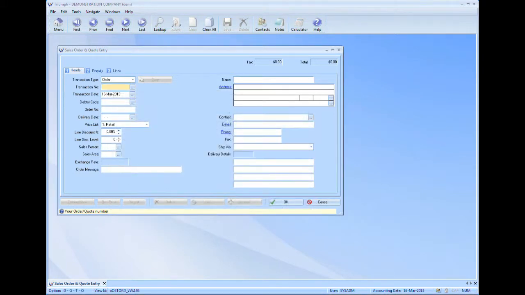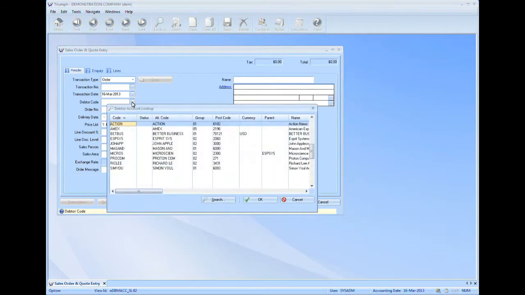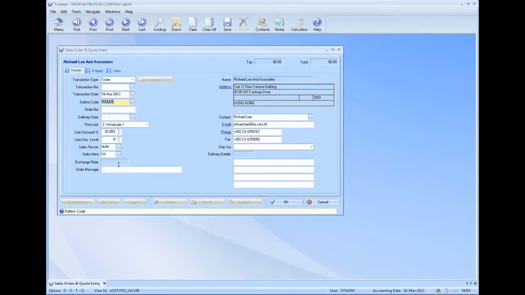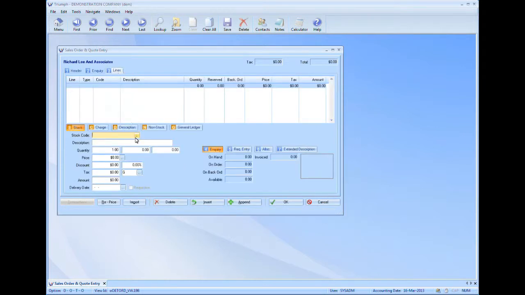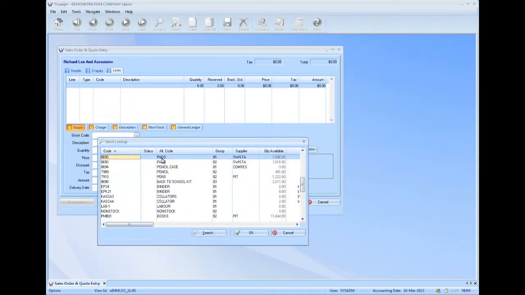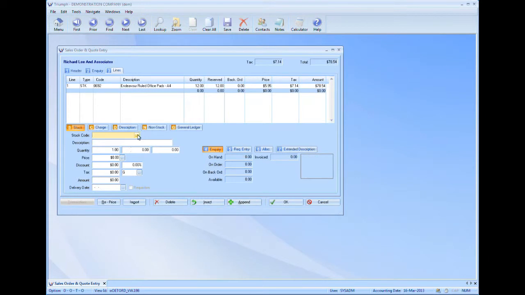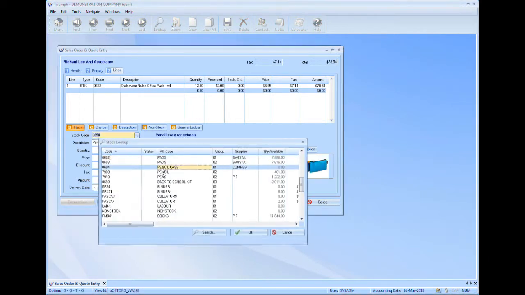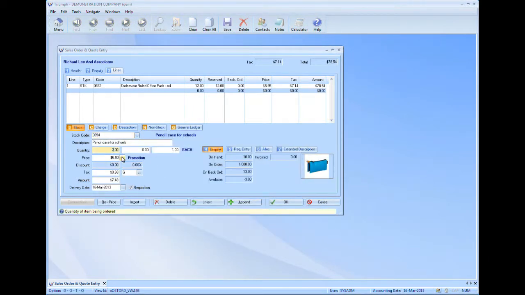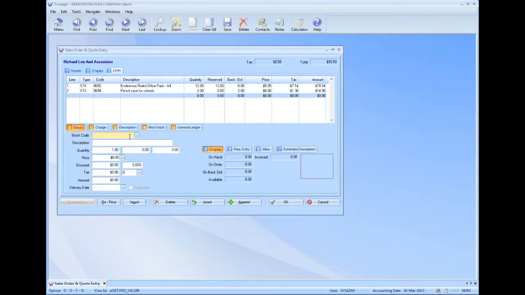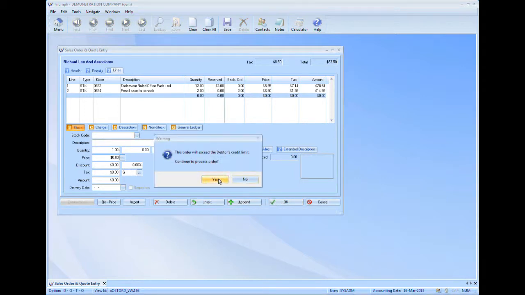So back out of that screen, we'll put a new sales order in now. I'll select a debtor just at random. I'm going to go straight to the line entry and we'll add a couple of stock lines in here. So we'll put a dozen of those in and select again, pencil case, put two of those in and append, and we might just leave it with those two items on it. Click OK